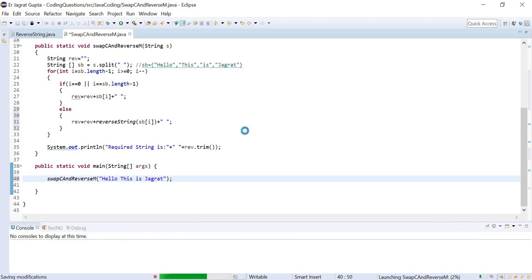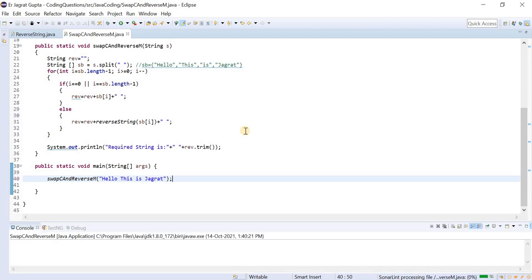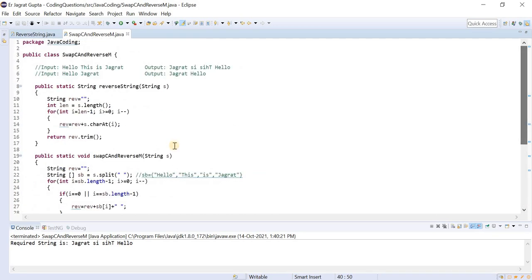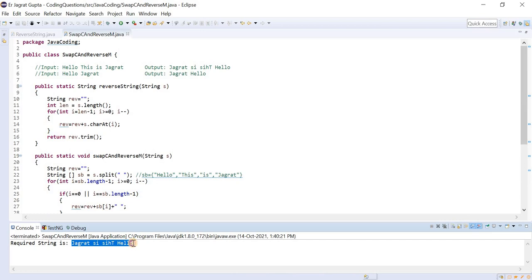So the only thing that you need to know, we broke down the problem into the subproblem, and then we cover each and every scenario. Okay, so this thing you need to understand. Now let's see whether it is working fine or not. So you can see the output, this is our expected output. See, this is our expected output.